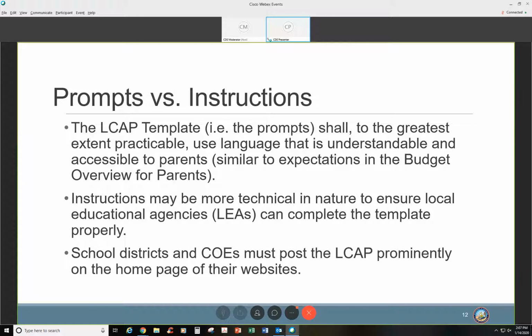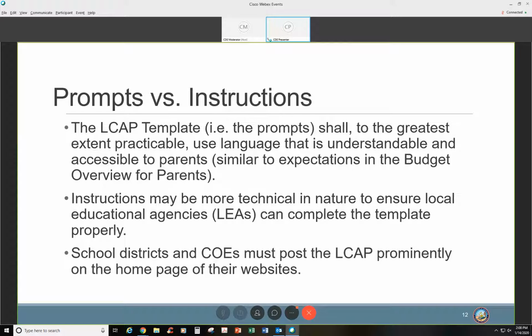So another change, of course, and just change in general, is the language of the LCAP. And the statute said that the prompts, that is the outward-facing aspect of the LCAP, very consistent with the budget overview for parents, should have language that's accessible to parents in the community at large.